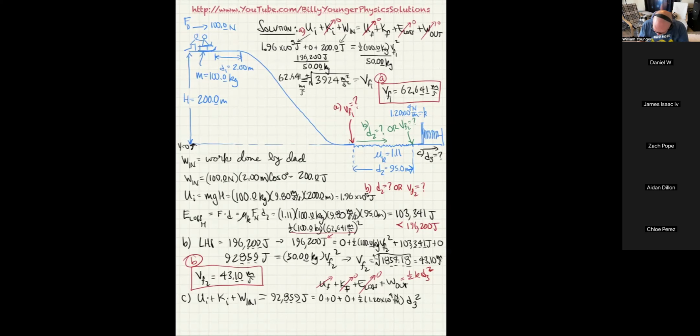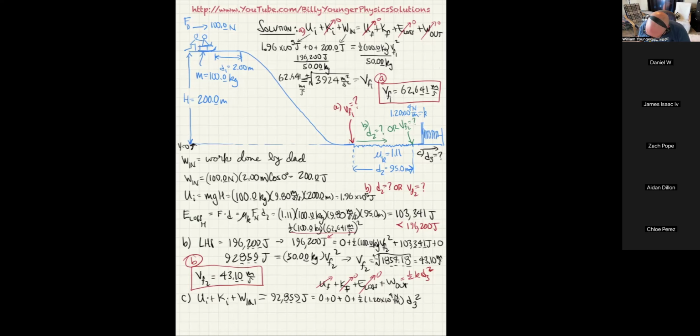So in this case, all I got to do is divide the 92,859 by the 1/2 of 1.20 times 10 to the fourth, and that's all we got to do. 92,859, of course, then you got to take the square root. But anyways, 92,859 divided by, I'm not even going to take the time to figure out the 1/2 times 1.2. I'm just going to put it in my calculator. Left parenthesis 0.5 times 1.2 times 10 to the fourth, close parenthesis. And that gives me,